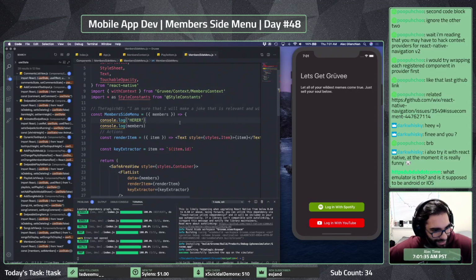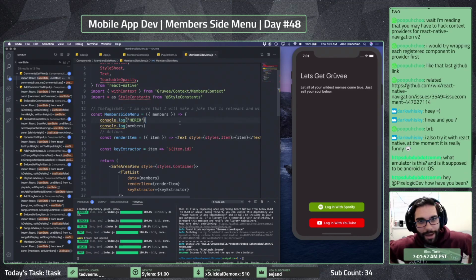Yo, Dub Dub! Holy, it's nice to see you, man. What's up? Yeah, so this is actually a simulator from Apple. It's just an iOS simulator. You have to be running Mac OS in order to download it.